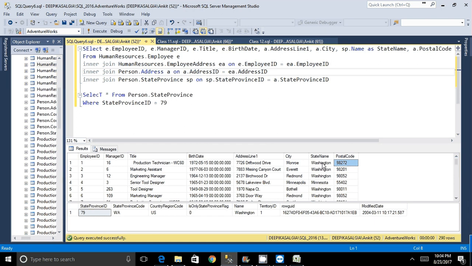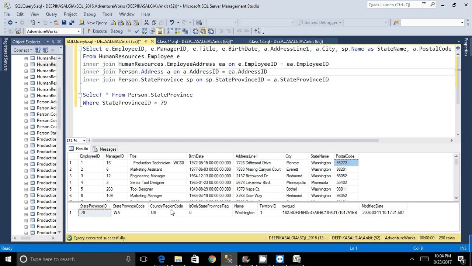Right? Okay. Now if I ask you, can you give me the name of the country? Your employees are from different countries. Sometimes you look at the state or city and you don't know which country it is. You have to get the country. Do you have the country in this table, in the address? You don't have the country in the address, but you have the